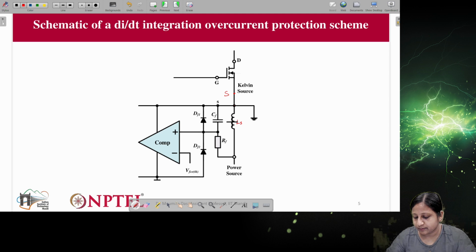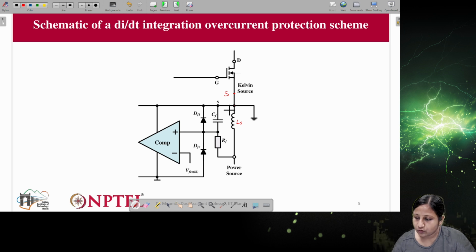Now in any device, this kind of parasitic inductance will be present. If we consider a silicon device, the connection is such that some parasitic inductance will be present between the device ground, the device source, and the power ground.